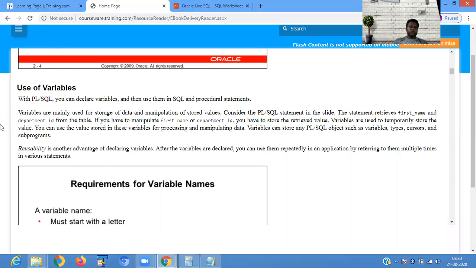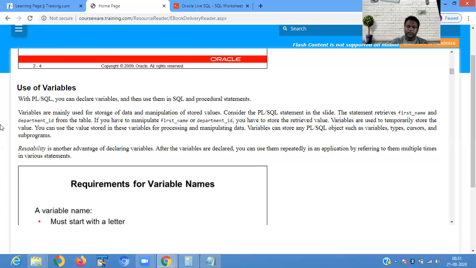Then comes reusability. Reusability is another advantage of declaring variables. After the variables are declared, you can use them repeatedly in any application by referring to them multiple times. So it is a memory location where you store the value.